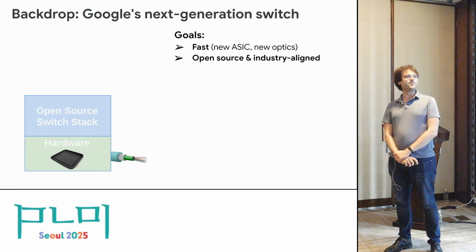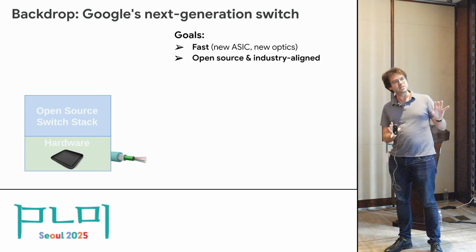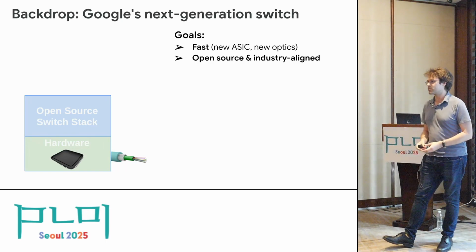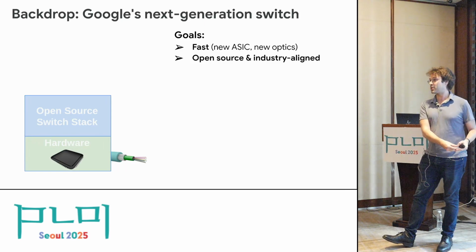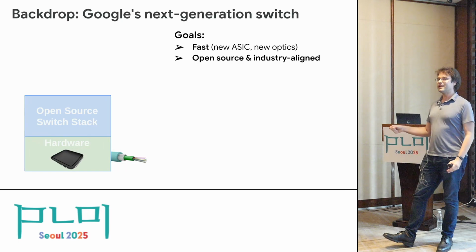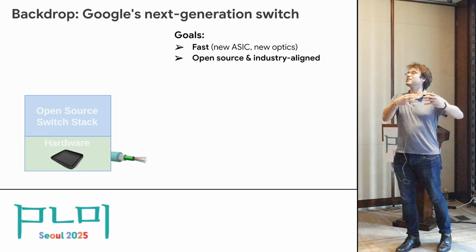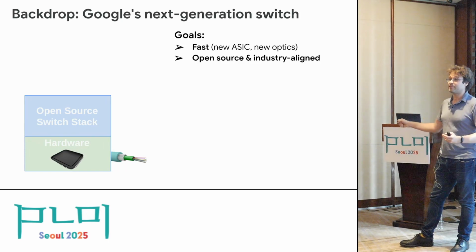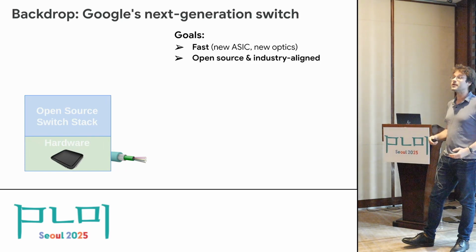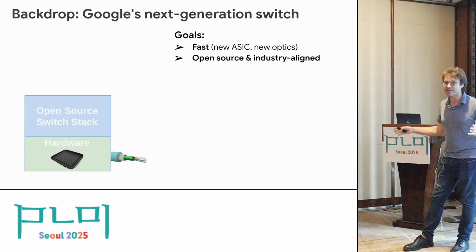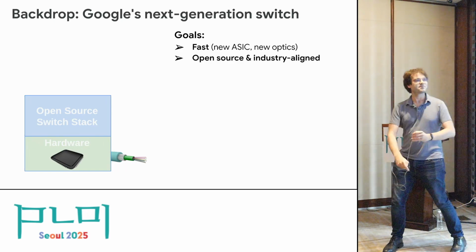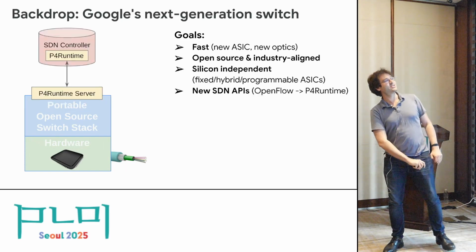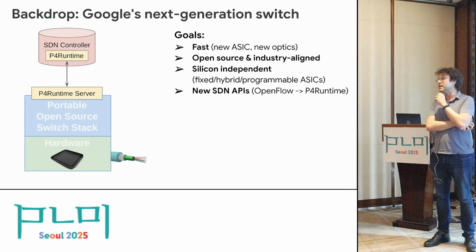Cool. The other big goal that we had, and I won't say too much about this, is that we really wanted to be open source and industry aligned. There are some very practical reasons for this beyond whatever moralistic reasons you might think of. One being, it makes it much easier to work with external collaborators. Another being, it means that if the world moves technology forward, we're not immediately left behind. And that turns out to be a pretty big deal. We think we are very good engineers, for sure, and we have many of them, but we are not the entire world, arguably.